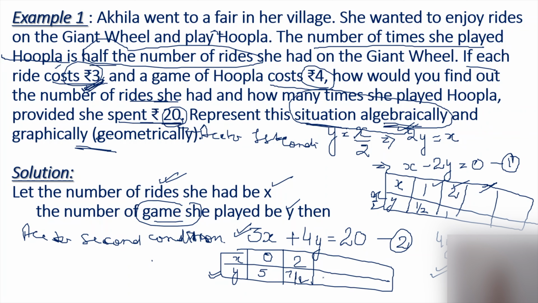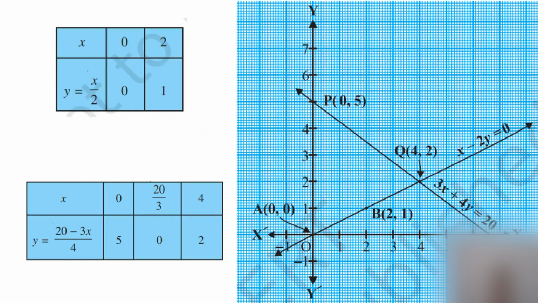Similarly, you can find the rest of the values and we can plot the graphs. Let's see how to plot the graph. If we consider these are the corresponding values, x is equal to 0, y is equal to 0. We will be plotting these points in the graph. Let us consider this is positive x-axis, negative x-axis. Similarly, positive y-axis, negative y-axis. Let me change the color of the pen so that it will be clearly visible on the graph. Very first, we will plot 0, 0. Here is the point 0, 0, and it is represented by A.